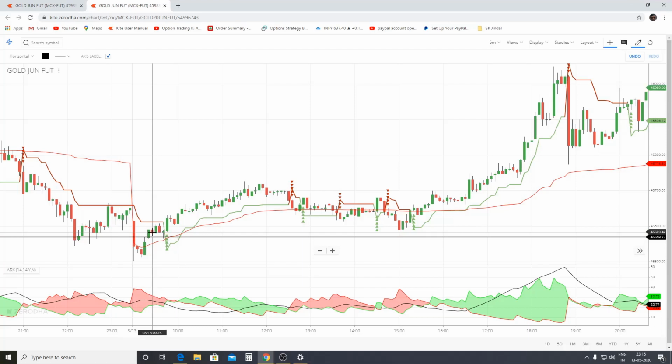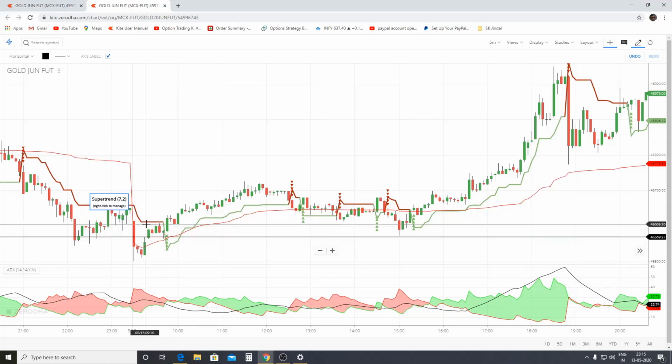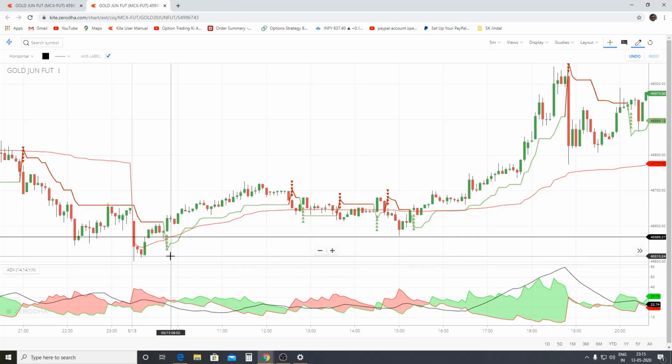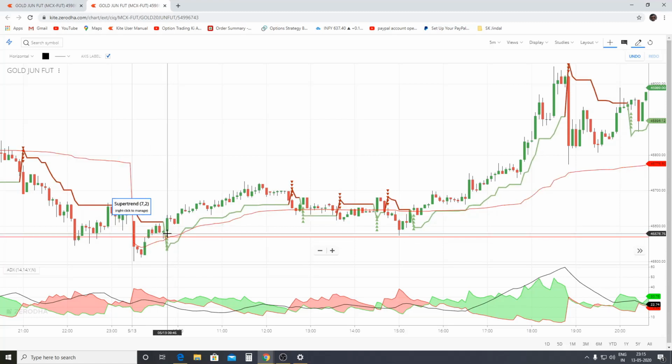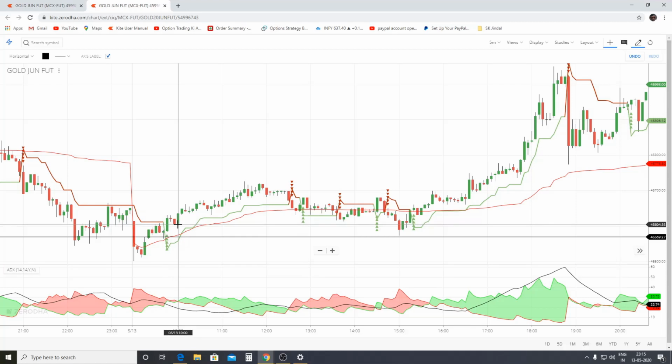We won't just trade based on this, as ADX is red and also the super trend is in downtrend. So we'll wait for super trend to turn green and ADX to turn green as well. The super trend has given indication over here and ADX has given indication at this candle. So consider taking a position at this candle. In some cases you can consider taking a position based on super trend and VWAP only. ADX can be used just for confirmation and to ride your